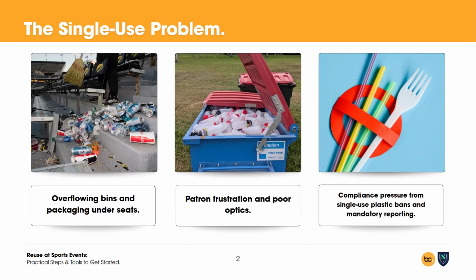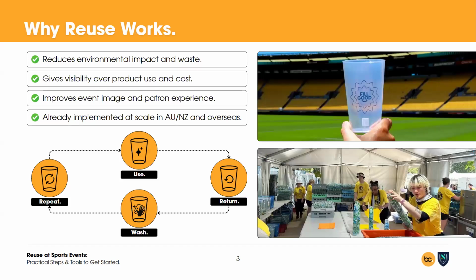And today's about showing you what's possible, what's already working, and giving you the tools to take those first steps with clarity and confidence. So a bit more about reuse, and we'll be the first to admit that reuse is not a flick of the switch substitution. It does require more thought than single use, but it is already working across a wide range of events and